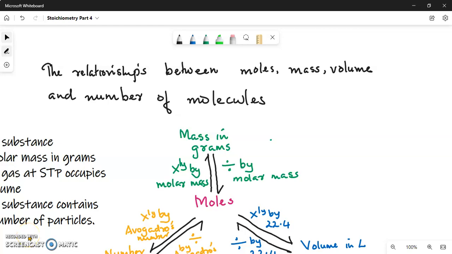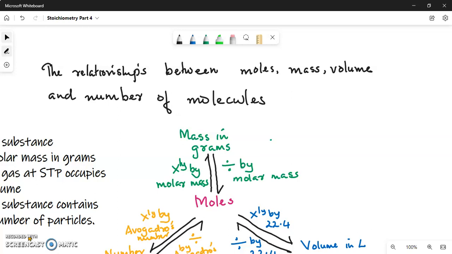The last part of stoichiometry, we deal with the relationships between the moles, mass in grams, volume in liters, and the number of molecules. So, in a balanced chemical equation, we can relate the coefficients of the reactants or products to the number of